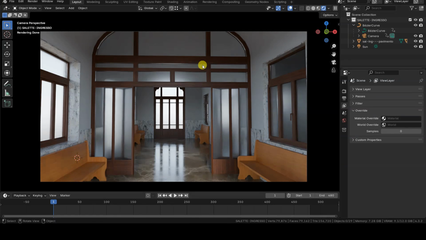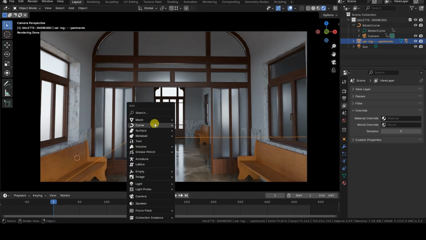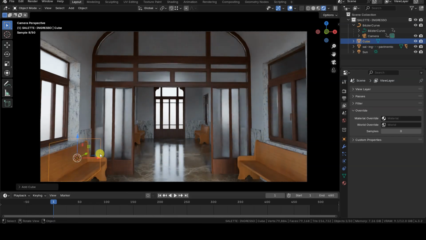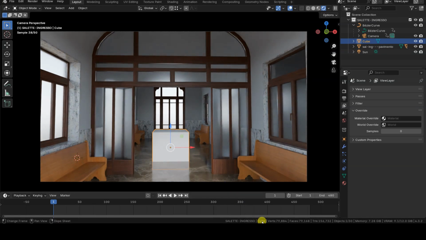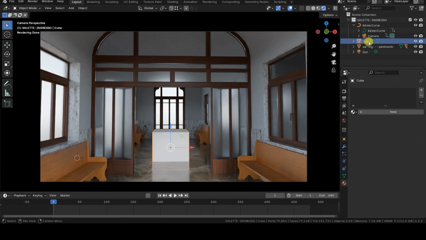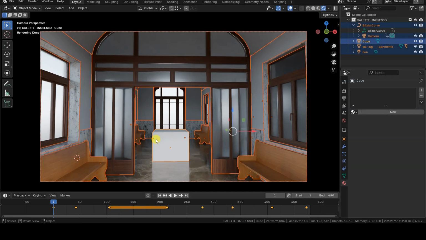To do this, we insert an object without any material into the project and keep it selected. Then we select all the objects in the scene by pressing A. This way, the new object will become the active object in the selection, and it won't have any materials assigned, as shown in its corresponding tab in the Properties editor.